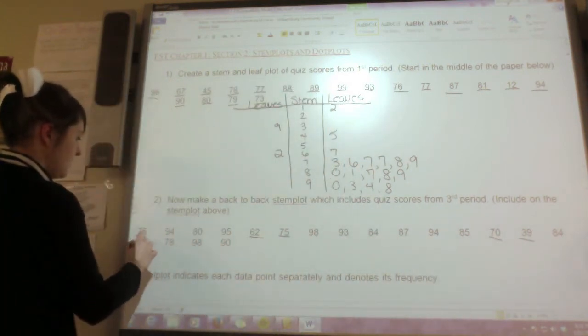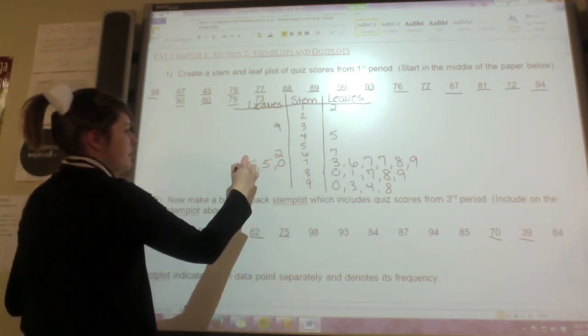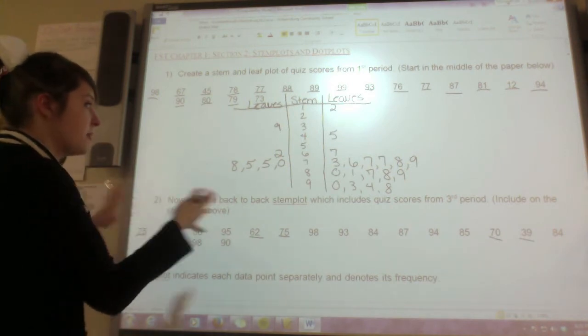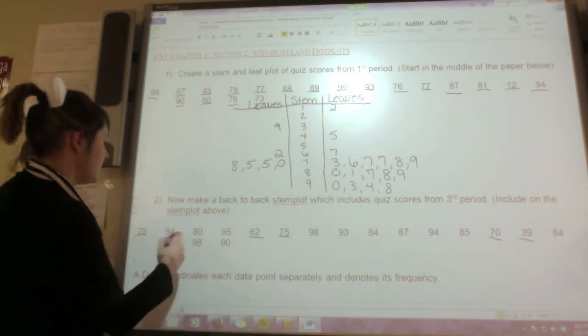75, 75, and 78. So that's going to be 0, 5, 5, 8. Again, notice I'm working my way out, so I'm going the opposite direction on those. Okay, next up I'm looking for my 80s. So I've got 80,